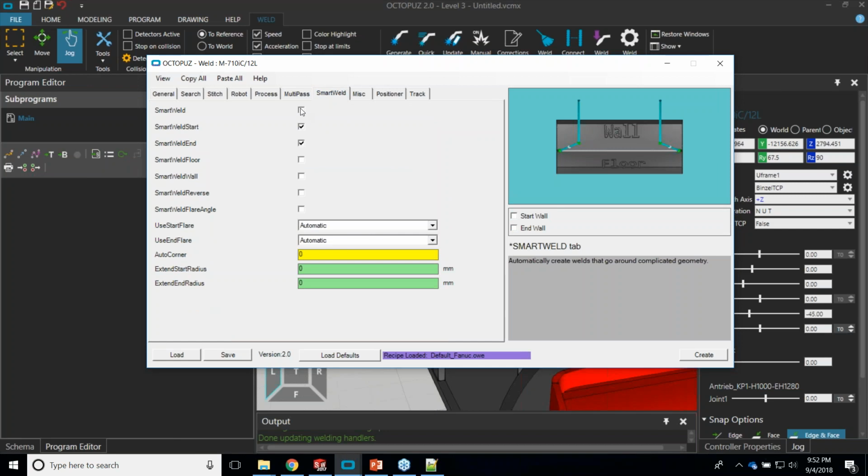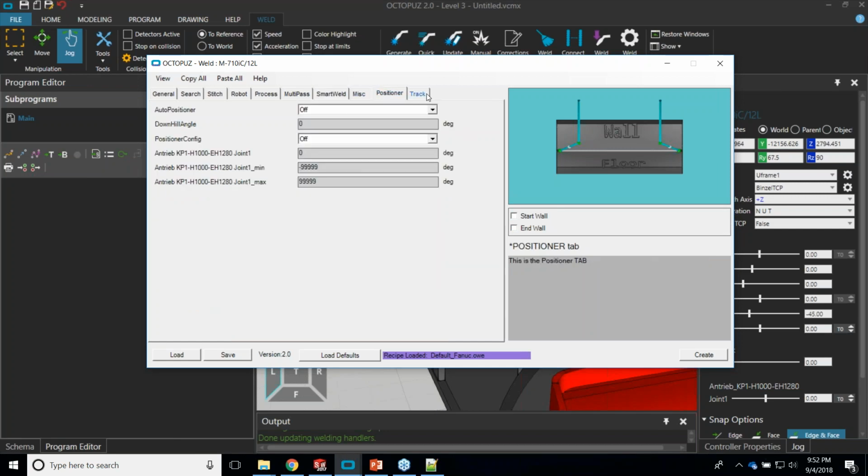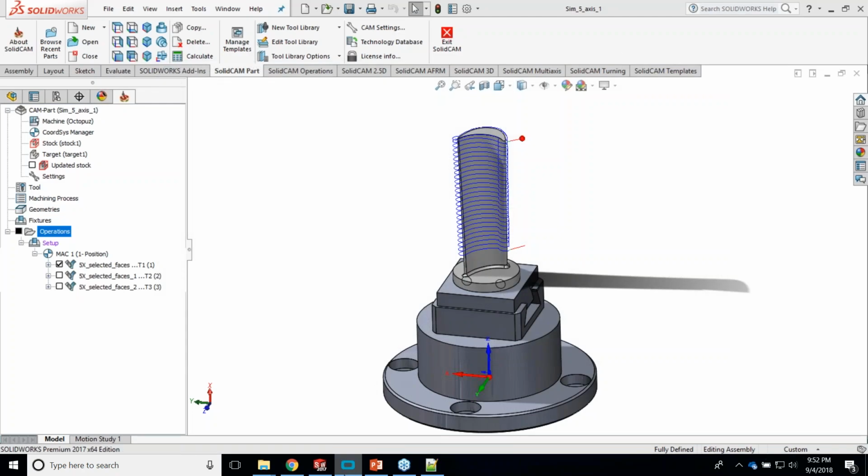Smart Weld allows us to go around curved or imperfect geometry. And then in the positioner and track tabs, it allows me to interact with both of those externals. So what I'm actually going to do is I'm not going to select any of those. If I were to generate a weld, I'd hit create weld, and it would allow me to select surfaces. It would create a seam, and it would create a weld program. But instead of doing that,